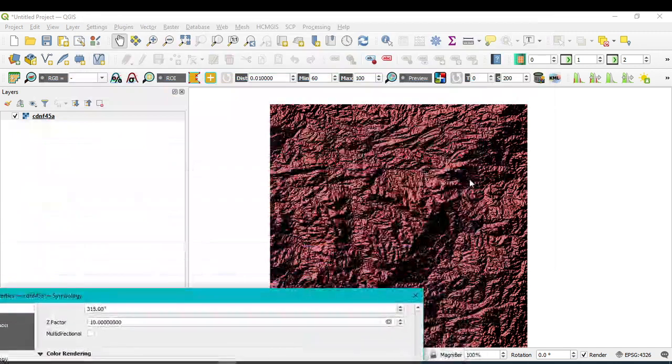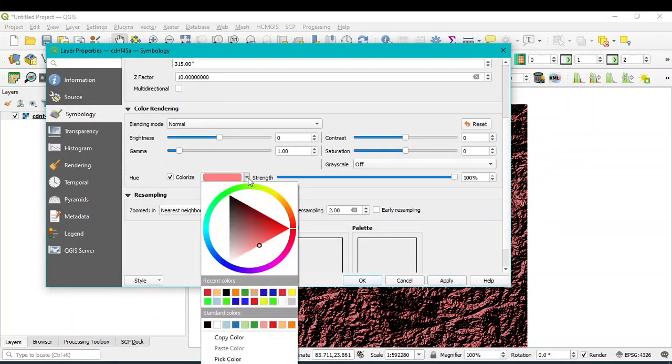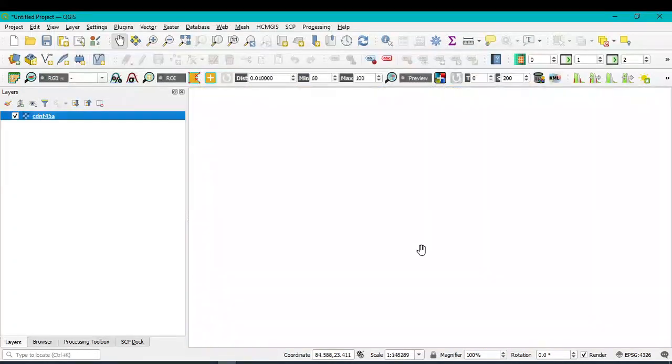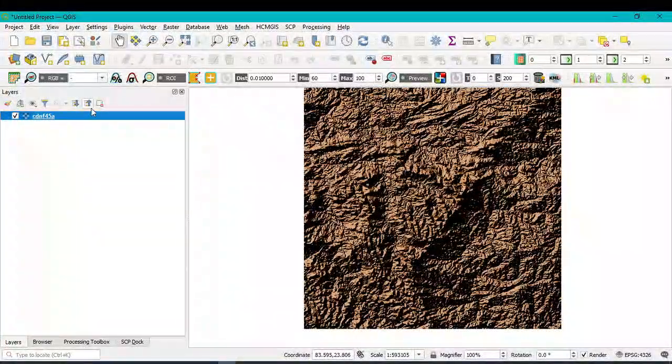So you can see the color of hill shade changes. You can also change the color. You can take any one color from here, as well as the strength, reduce and increase, then apply and OK. So any kind of color you can select.